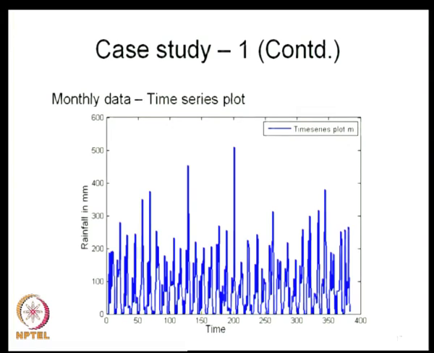Let us now add up all the daily values and generate a monthly time series. In this case we have about 32 years of data, and this is a monthly time series. The monthly time series appears to tell us that you may suspect certain periodicities. There seems to be a certain regularity here in terms of the fluctuations,